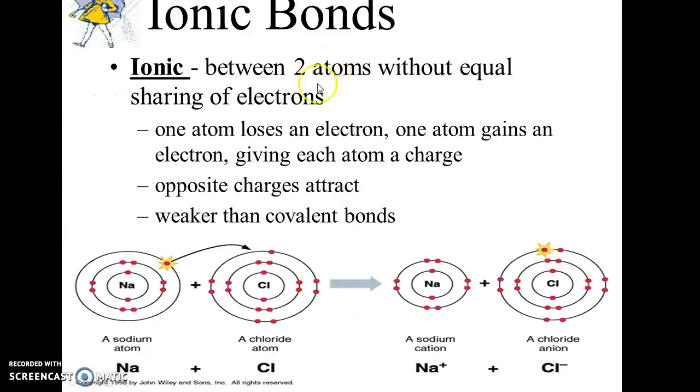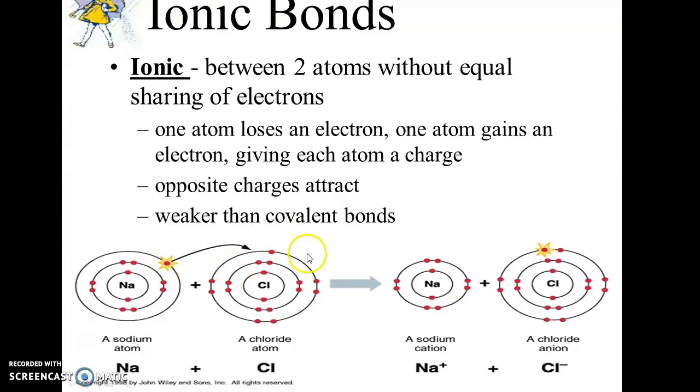Ionic bonds are when the electrons are not shared equally. So this is a chloride atom and a sodium atom. And if sodium chloride, which is salt, is in water or some sort of solution, an electron will leave from sodium